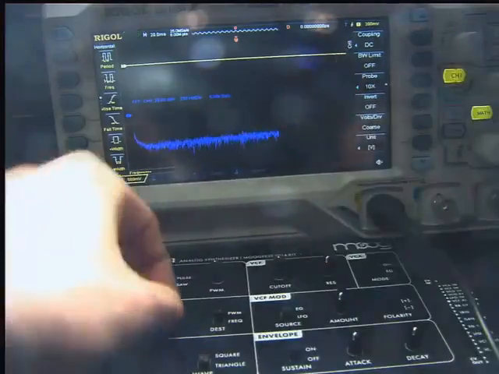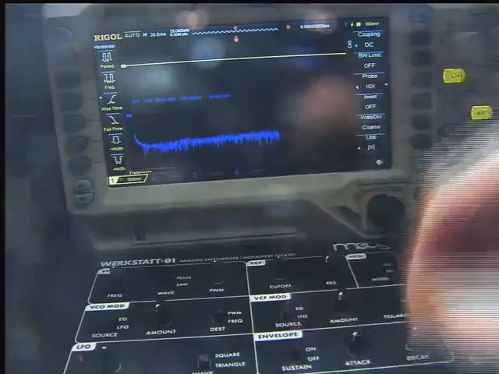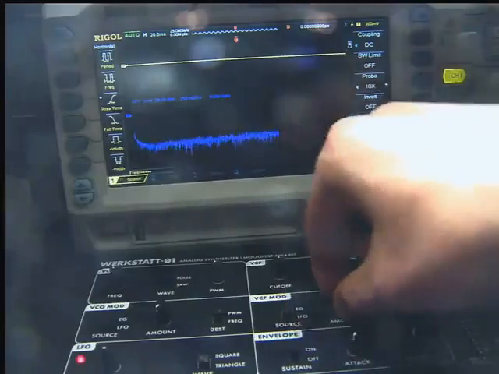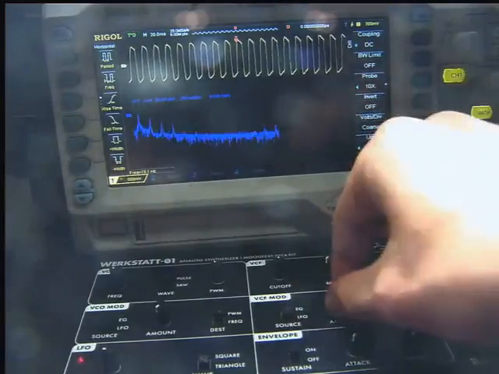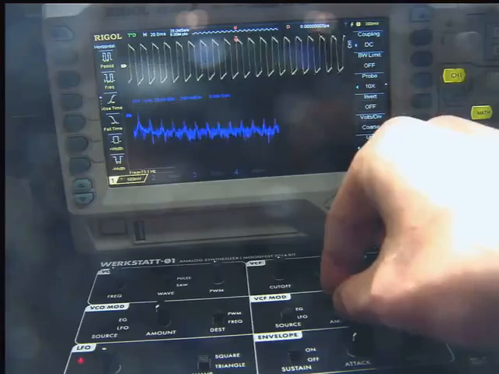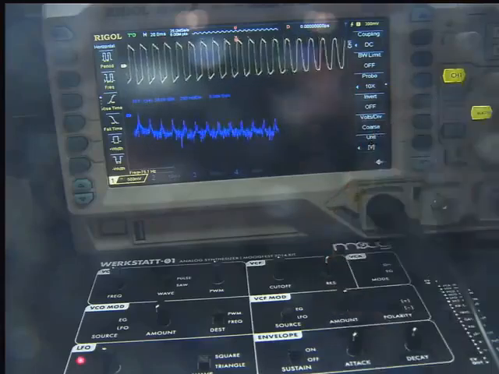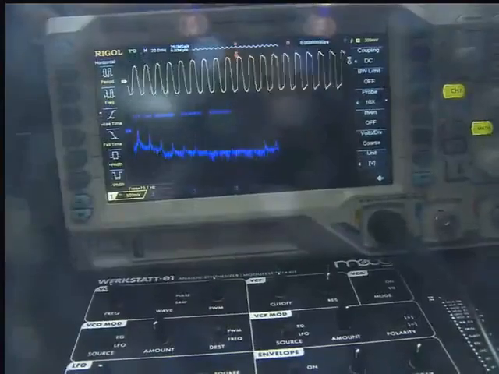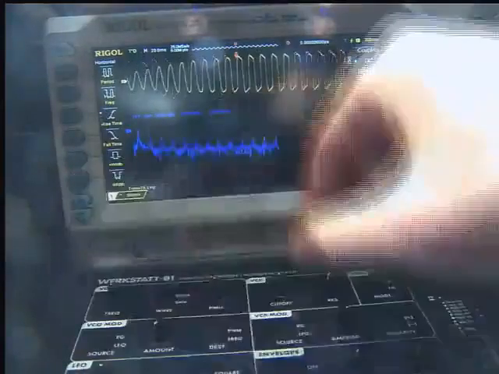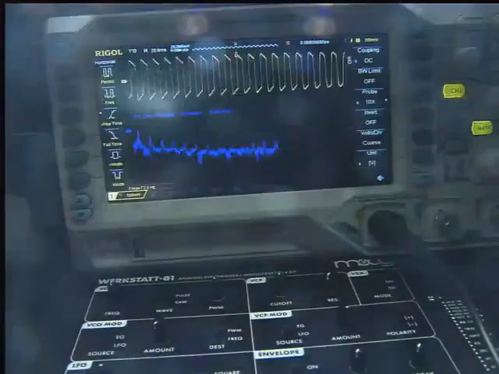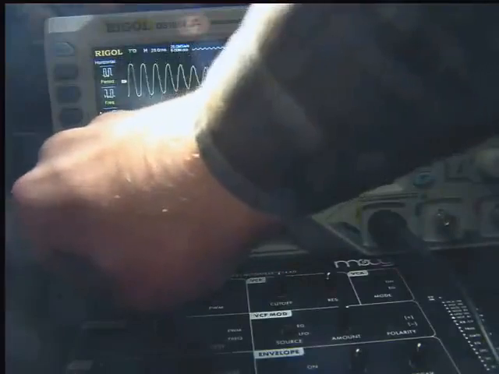So first off, we'll just look at the cutoff frequency in isolation. Let me turn this effect up a little bit. There we go. I'm going to turn this up a little bit. I want to get it so that you can see a filtered and unfiltered waveform at the same time. So I'm going to turn this up to a really annoying frequency.